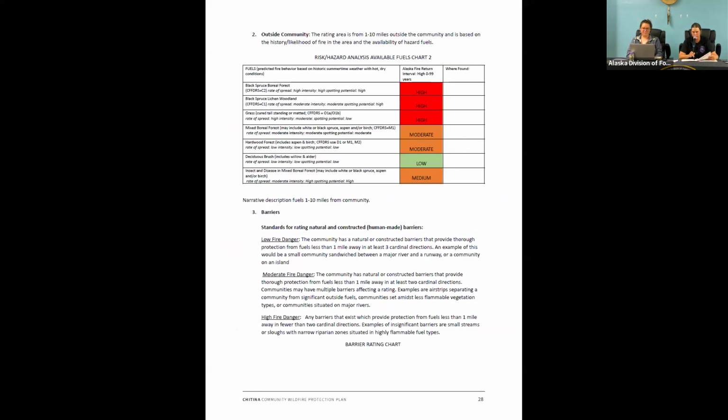So for an area to be given a rating of low fire danger, it would need to have either a natural or a man-made constructed barrier in at least 3 cardinal directions. A moderate fire danger rating would constitute a barrier in two cardinal directions, and anything that received a high fire danger rating would be a barrier in fewer than 2 cardinal directions.